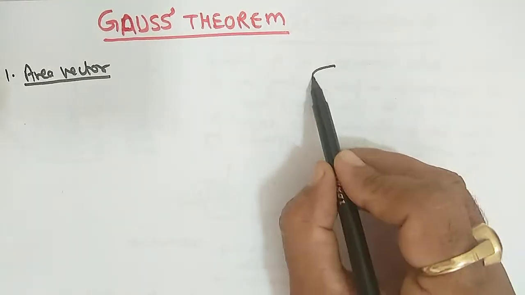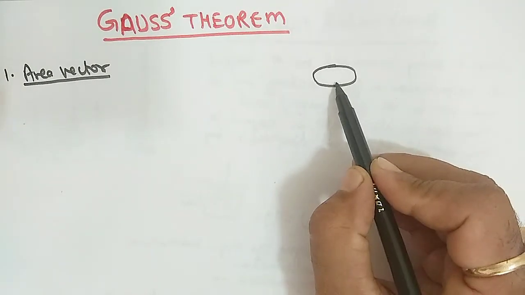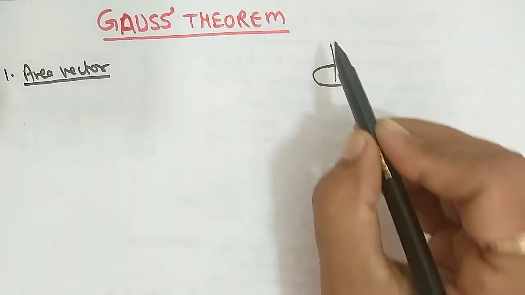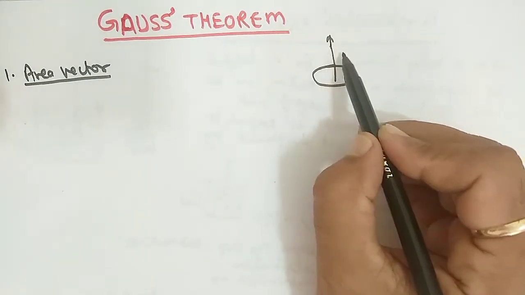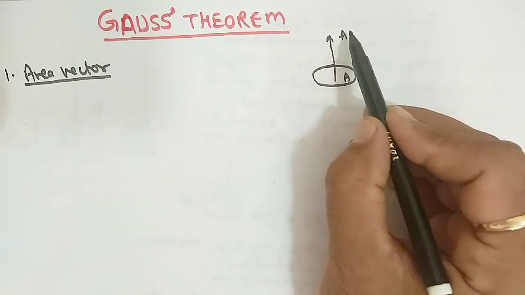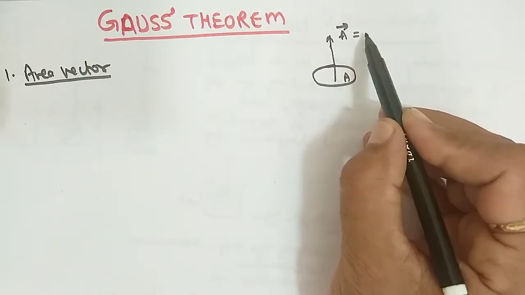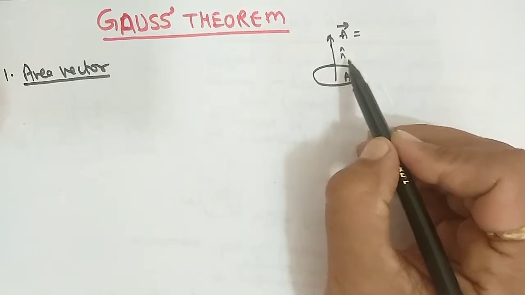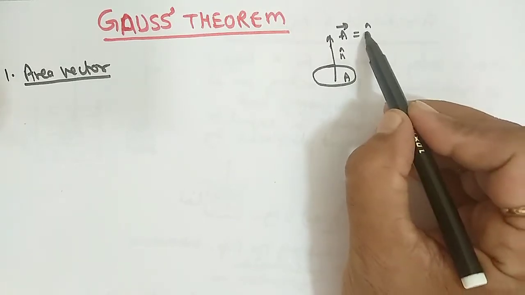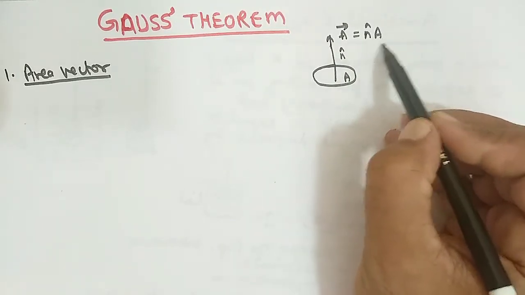Suppose this is a surface, its area is A, and suppose we consider its direction perpendicular to the surface in the upward direction. Suppose n is the unit vector, so area vector is equal to